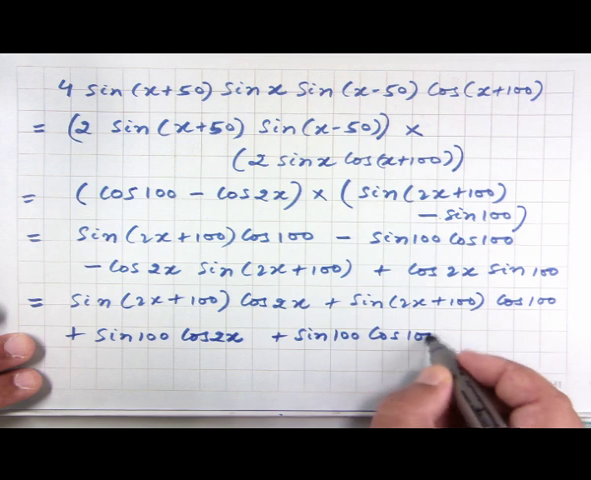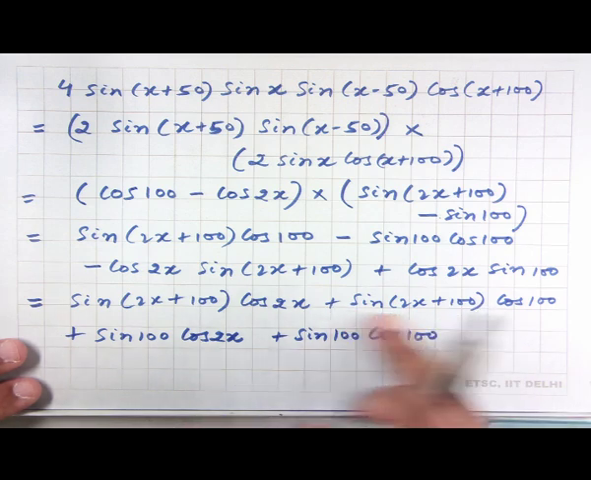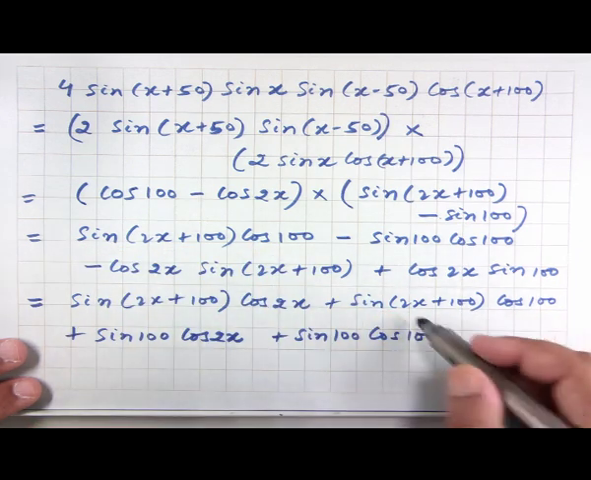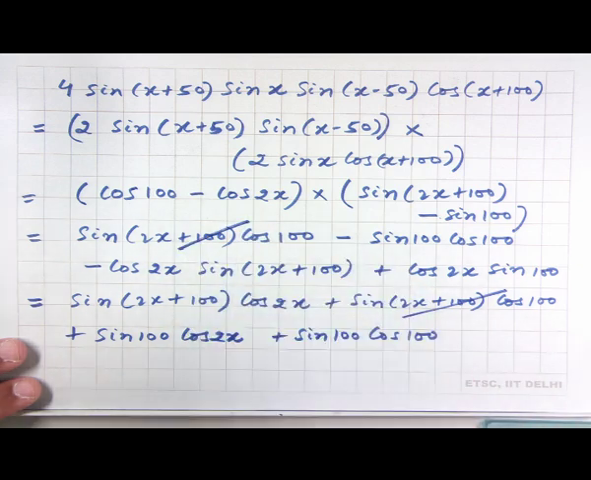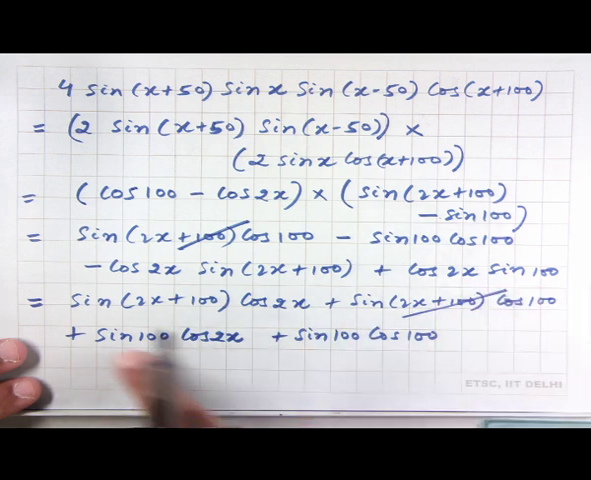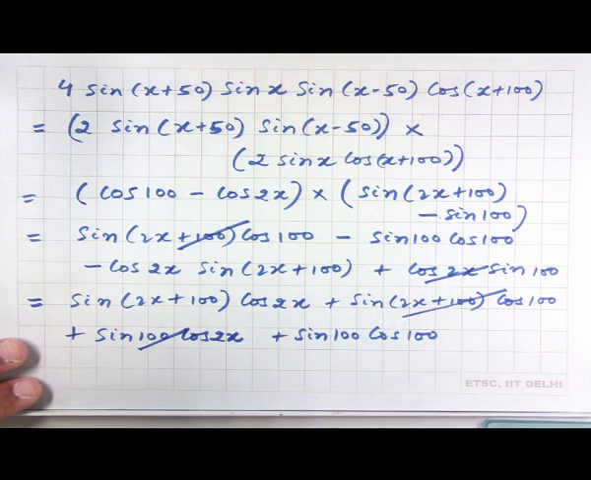And we can see that a few terms are going to get cancelled here, because this term, sin 2x plus 100 times cos 100, is both here and here. So this gets cancelled out, and then cos 2x times sin 100 is also on both the left hand side and the right hand side. So this also gets cancelled. So what remains in the end is that